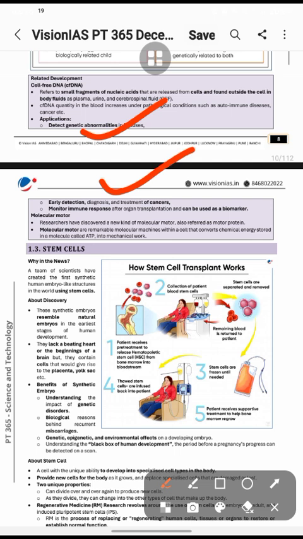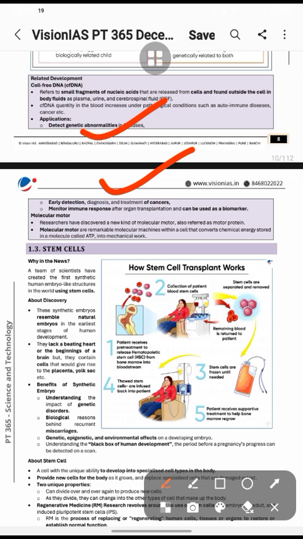Early detection of cancer can be done using a biomarker. Molecular motors are remarkable molecular machines within a cell that convert chemical energy into mechanical work. Stem cell: the patients receive a pre-treatment to release